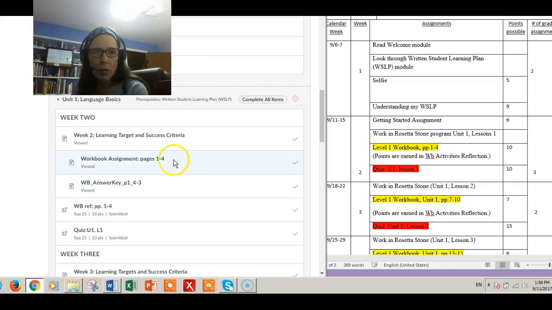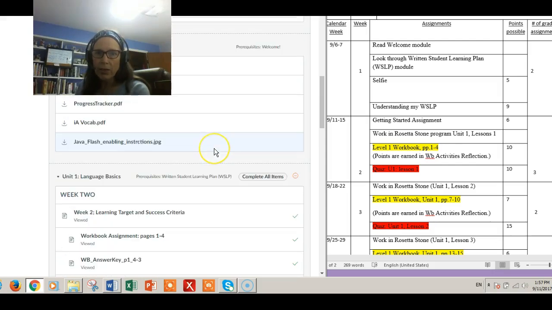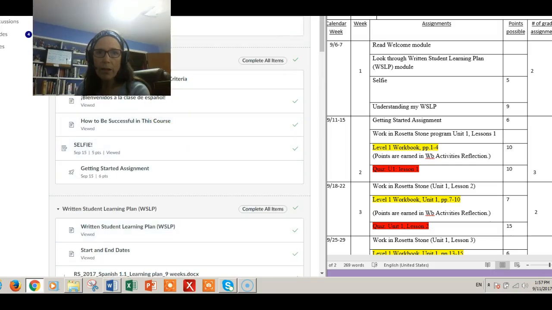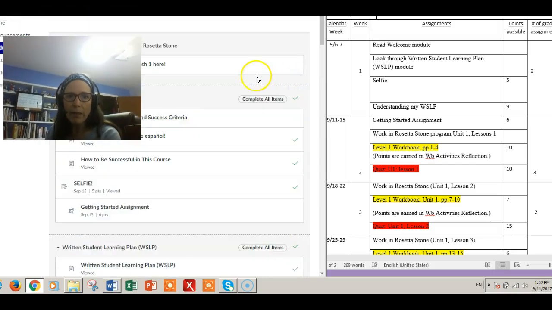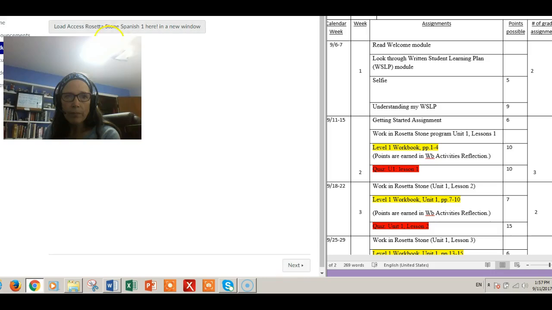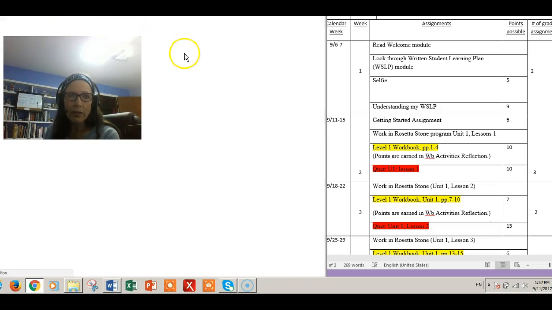Okay, so we know what our learning target is. Now we're going to go into Rosetta Stone because that's where we're going to get our lessons. So at the very top of the page, you see Access Rosetta Stone Spanish 1 here. So you'll click there, and then it says Load Access Rosetta Stone Spanish here. You click there,